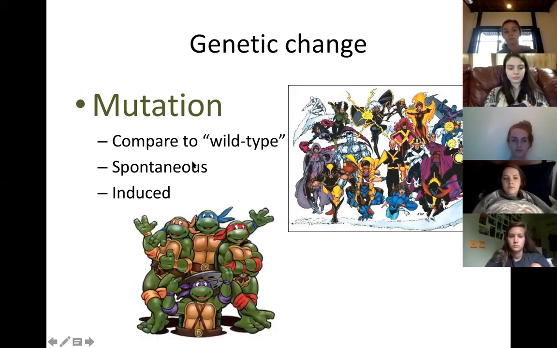You then have induced, right, which is my favorite. So those of you that follow Ninja Turtle lore, a bunch of turtles are abandoned or dumped in a sewer when they're babies, and then a research company dumps some of its research product down into the sewer. The turtles interact with it. The turtles are also hanging out with a rat, and so that rat turns into Splinter, and the turtles turn into crime-fighting heroes, right? But there was some type of interaction with the environment that induced the mutations that they had, okay? And those of you who were paying attention, yes, I did have my Ninja Turtle shirt on Monday. Thank you for noticing.